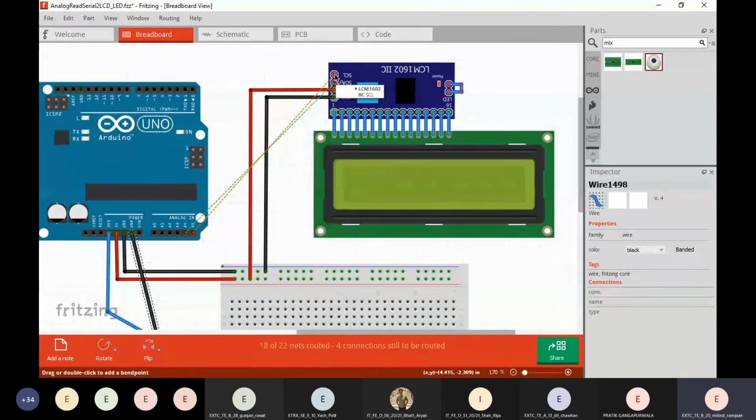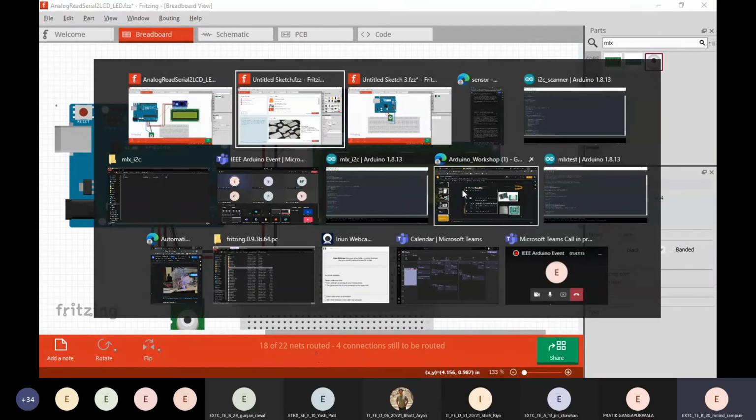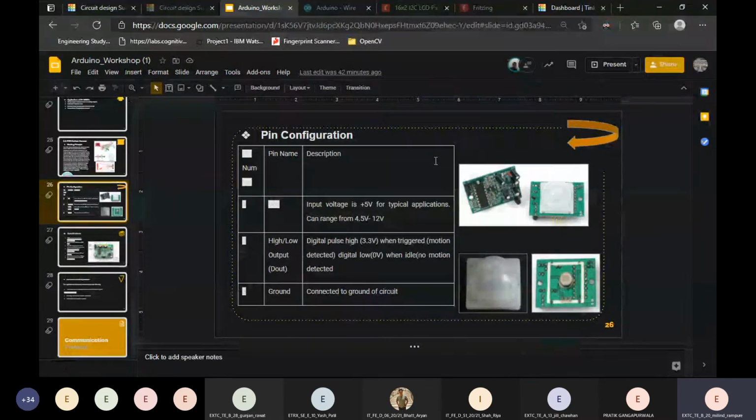Because of this adapter, we are able to reduce the number of wires required for the connection. So before we needed, one second, let me show on the screen.